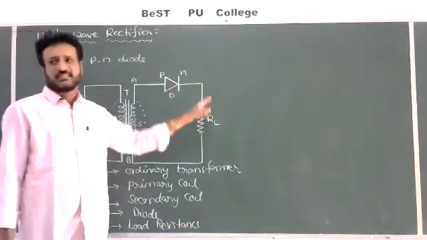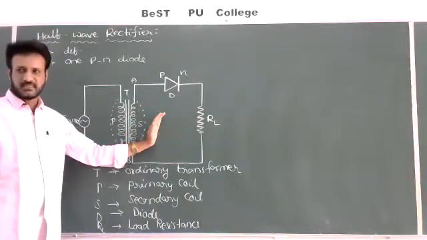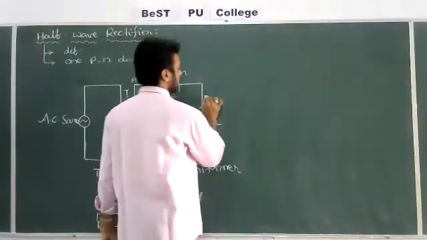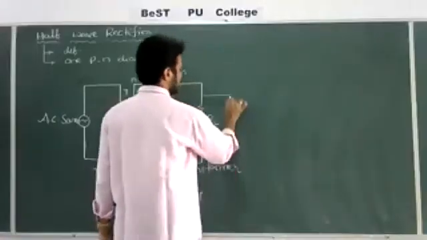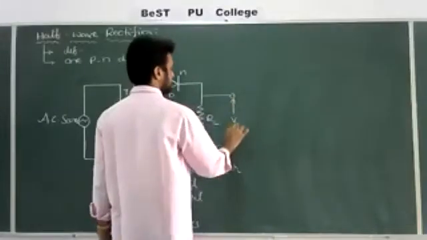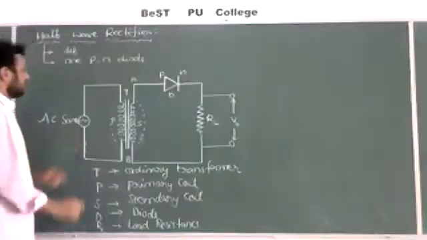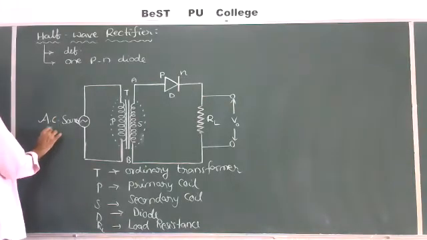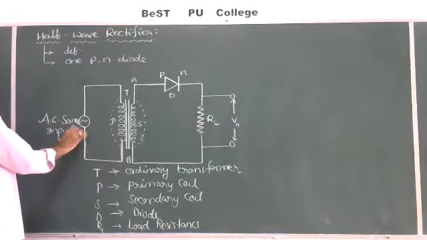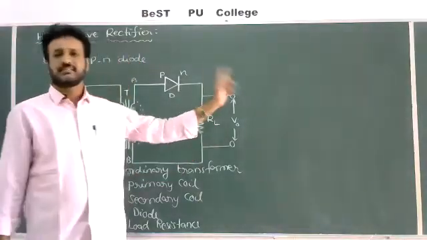So across a load resistance. Always we send the input through the primary coil of the transformer, and we take the output through the load resistance. So here we can mention like this. Output can be taken across this one. It is equal to V naught. That V naught indicates the output value. But here we are sending the input value. It is input AC. Input we can write as VI. So alternating current we are sending through this coil. Finally we are getting output as DC.